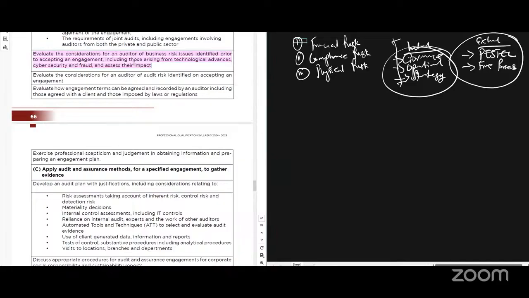And then here was business risk. But now that there's more technological advancement, let's say the person doesn't have good cybersecurity protection, or in case of fraud or non-compliance, how does the company deal with it? These things can impact business risk because auditors do not have a specific role towards fraud. It is management that deals with the detection and prevention of fraud. Auditors just perform procedures to check how that fraud has impacted the financial statements.